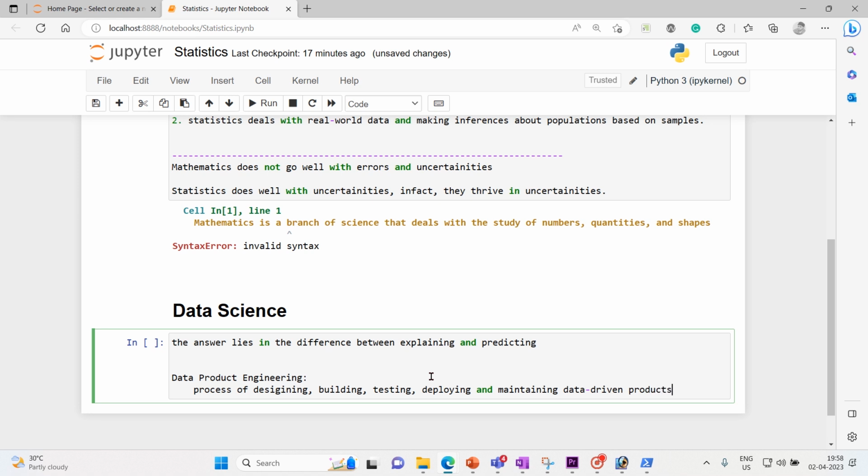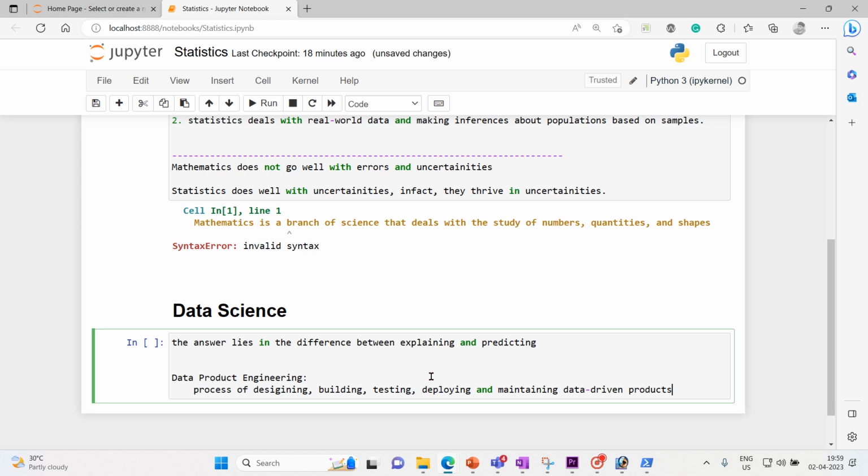Similarly to software engineering, which is designing, building, testing, deploying, and maintaining software applications, data product engineering is the process of designing, building, testing, deploying, and maintaining data driven products.